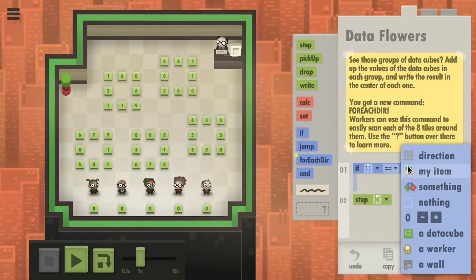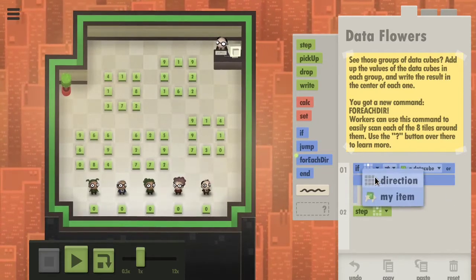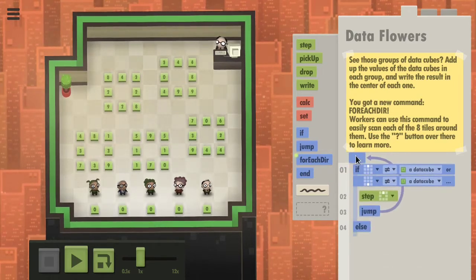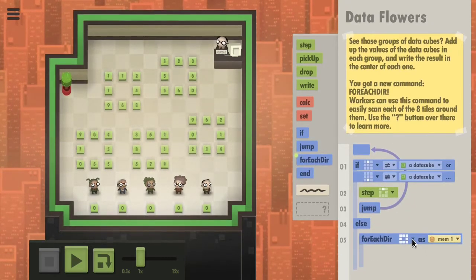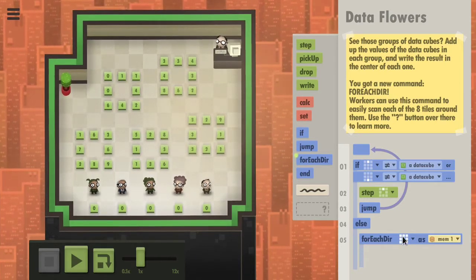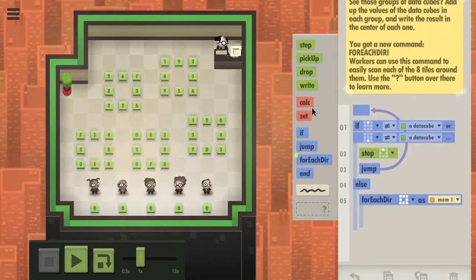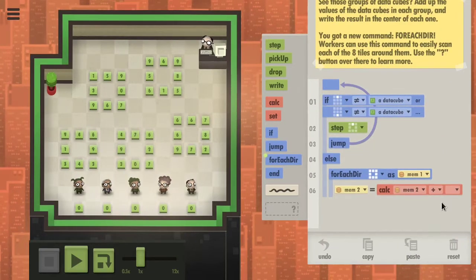If below is a data cube, or if there's no data cube above and below, then we step up. And we repeat, else we're at the inside. So at that point we can do for each deer. For each deer is basically a set, but then for each direction. So then we can calculate mem2 equals mem2 plus mem1,